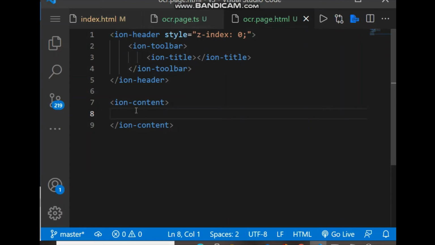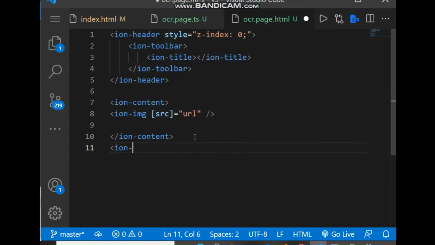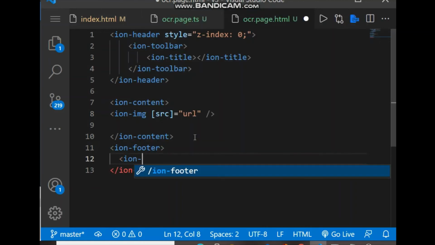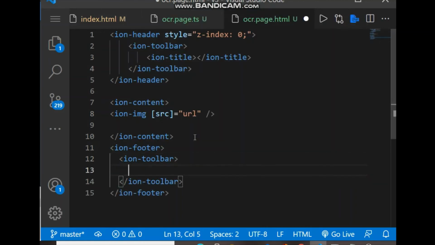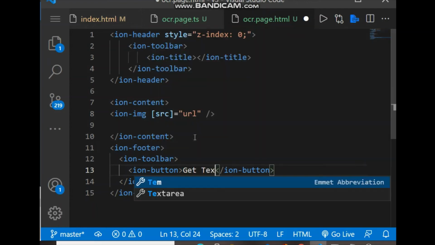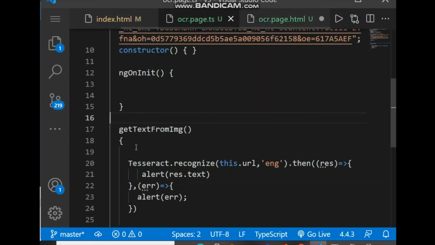Now the image, sorry, we can include ion-image, src is the URL we already declared in the TS, and inside the footer we can include the button, ion-button, to get text, and we have to include this method inside the button.